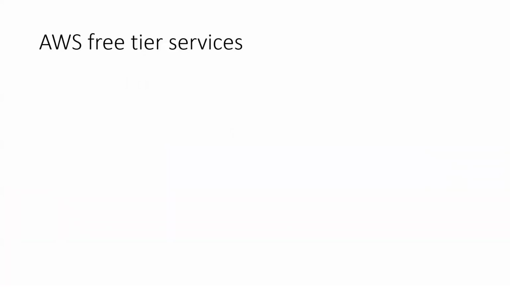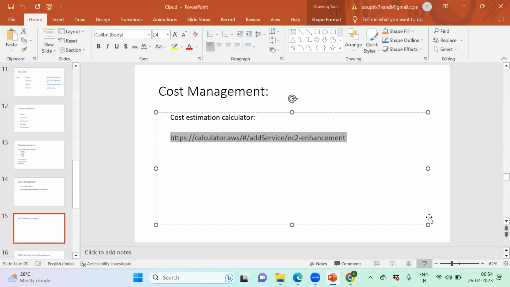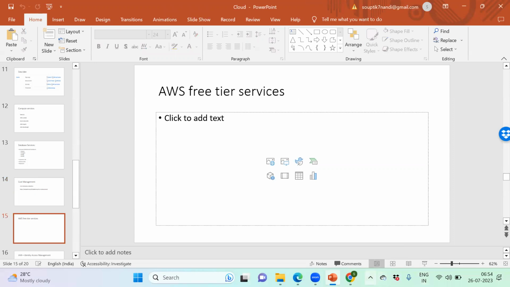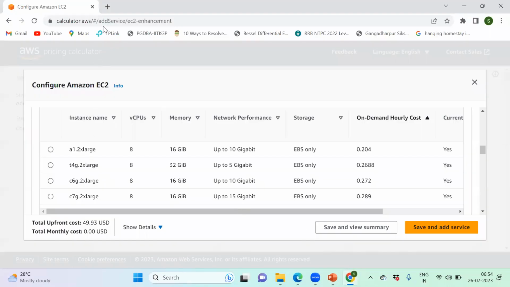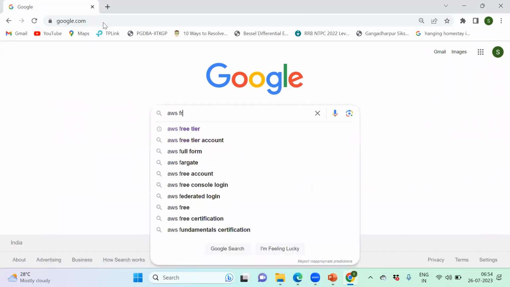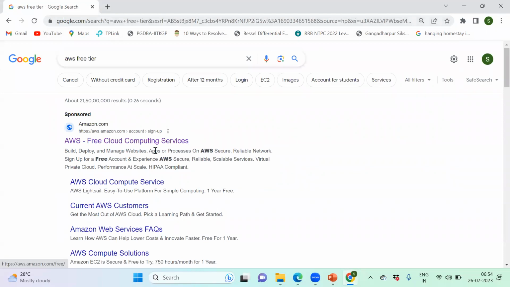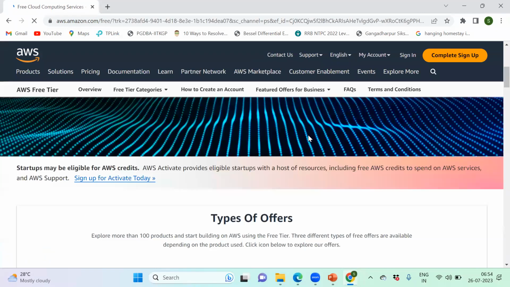Yeah. So if you are new to AWS, then they will be helping us with a free tier account. Free tier services. In the free tier account, maybe a 30 days trial. Okay, let me show you. If you just search for free tier services, they will help you out. AWS free tier account. Just search with it. They will help you out with which components are free in nature.